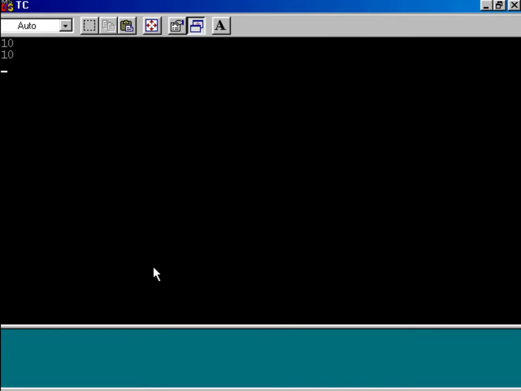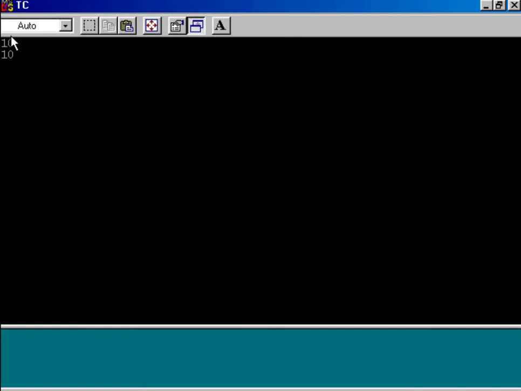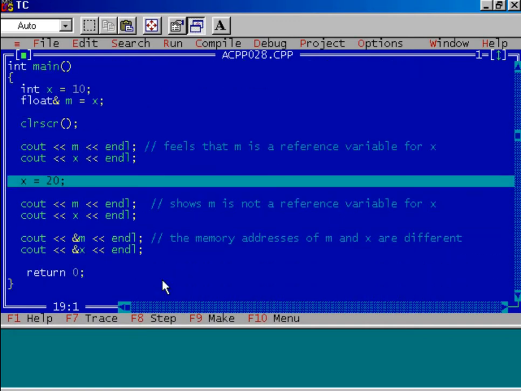The contents are the same. The value of m is 10 and the value of x is also 10. So this is the value of m and this is the value of x. Is it clear? Well, so apparently we feel that m is a reference variable for variable x.